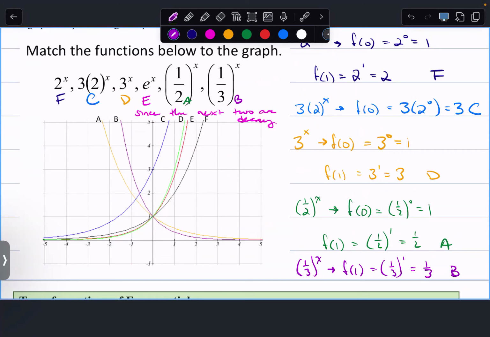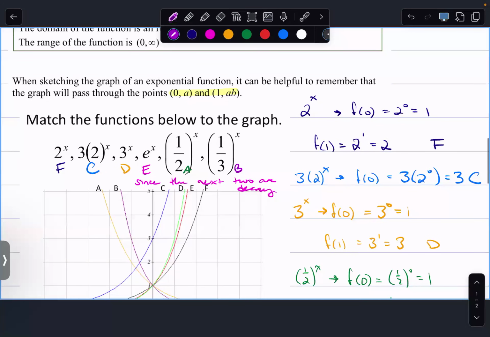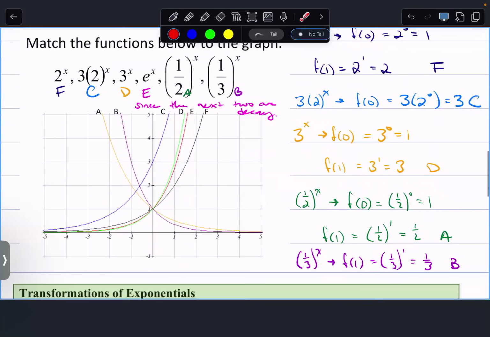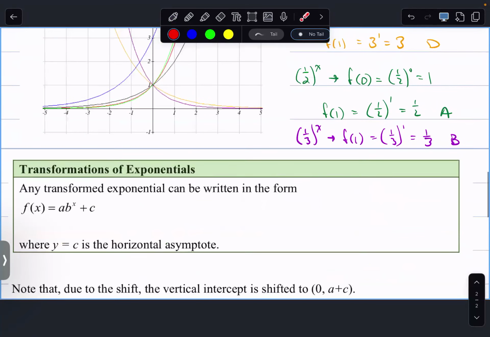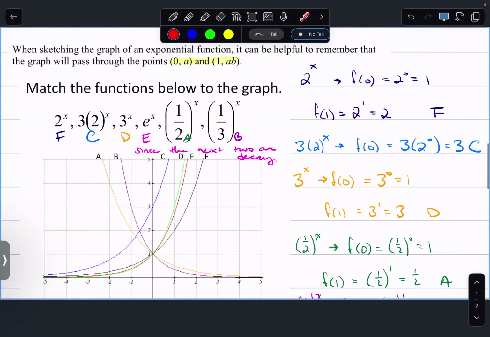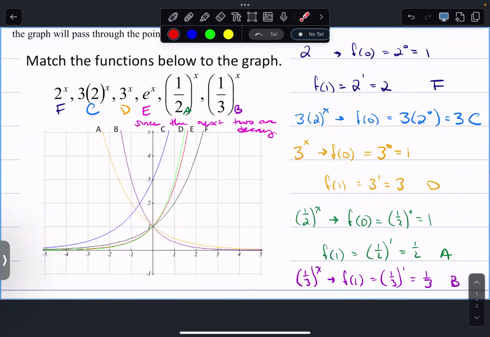Yeah. So just remembering that property, right? You can check at 0a and 1ab, plug in values. I mean, in theory, you could have plugged in x equals 2 to find out which one equals 4, but that's a lot of backtracking. Right? Okay. Any questions about that one? No.